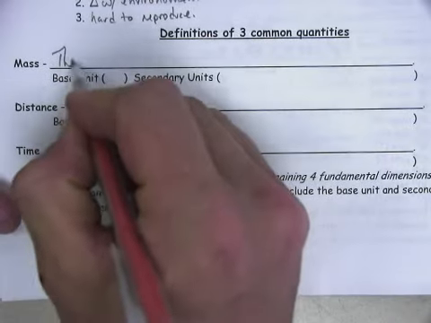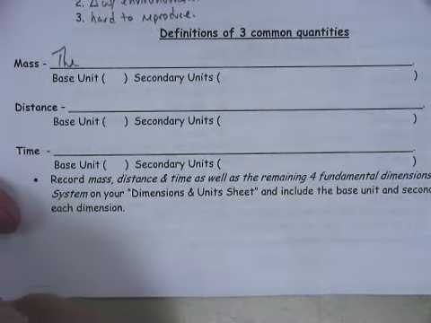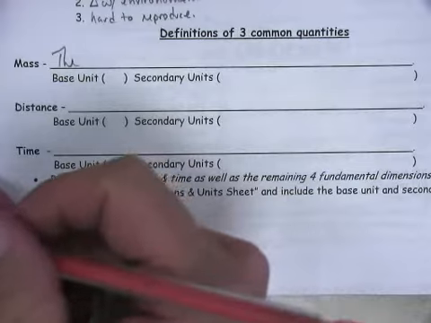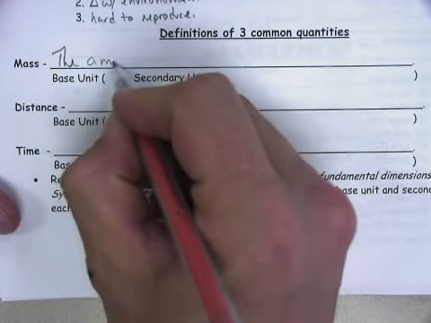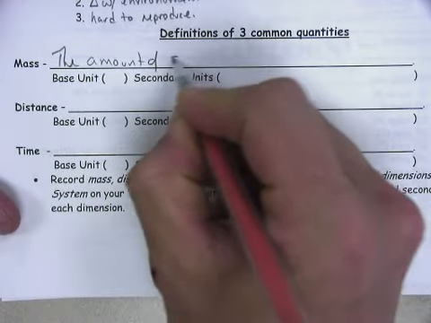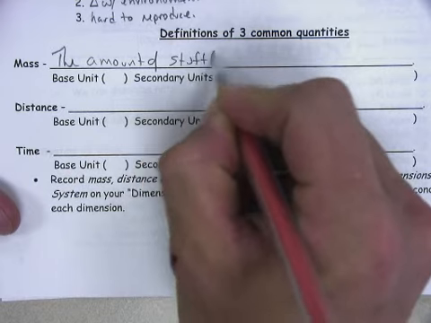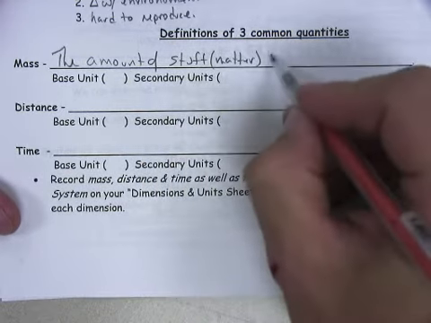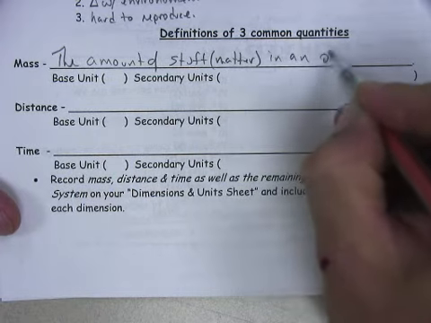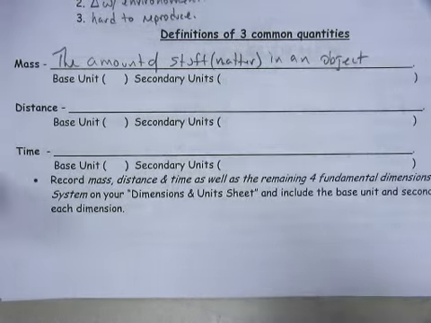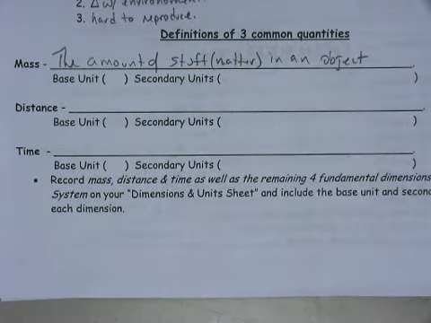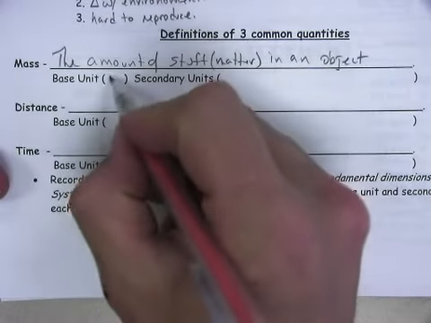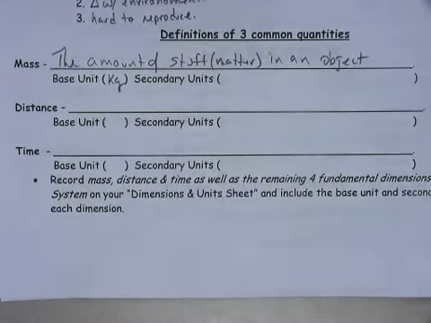Mass, this is the amount of substance or the amount of stuff in an object. So it's the amount of stuff, a lot of times we call that matter, in an object. All right, its base unit is the kilogram, and now we know why the base unit for mass is kilogram,